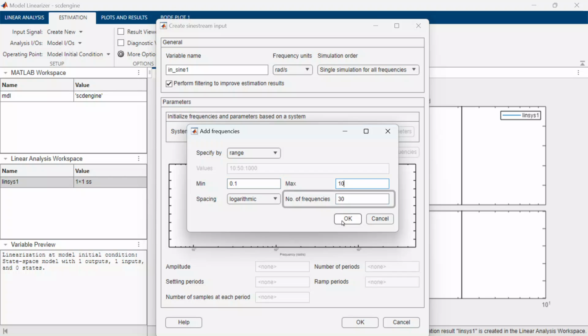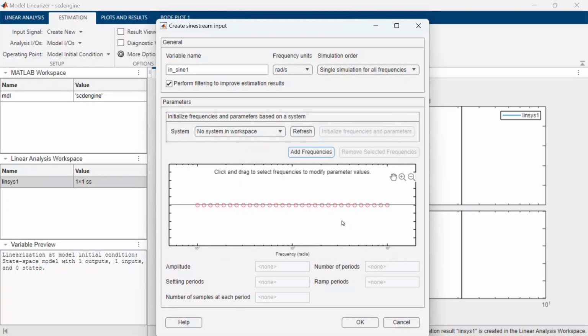We'll specify the number of frequency points to be 30 logarithmically spaced points. Here you have flexibility in increasing the number of points between certain frequency points if you would like to accurately capture your system's frequency response, such as say resonance peaks. After pressing OK, we can see these 30 points.